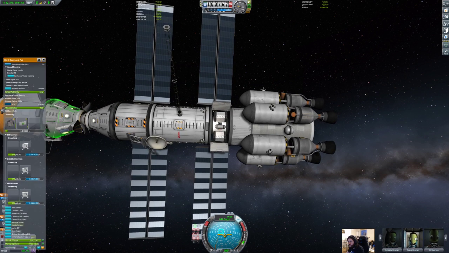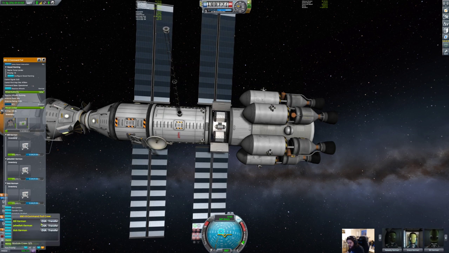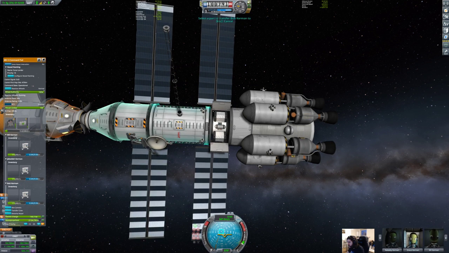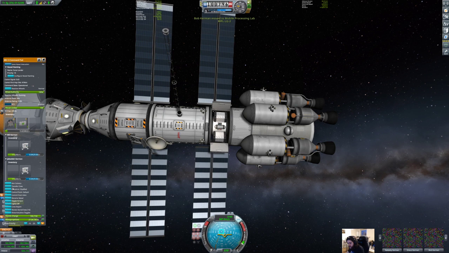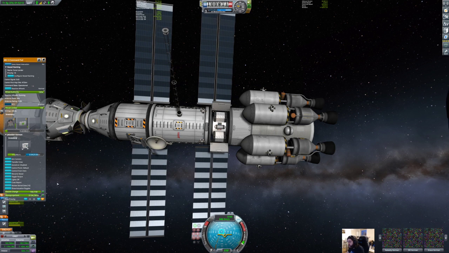We want to transfer. Let's grab Bob and put him back in the thing. Let's transfer Bill and put him back in here. We don't need him out at the moment. And Jeb's gonna EVA across, just so we can grab the data and transfer it into here. We are going to